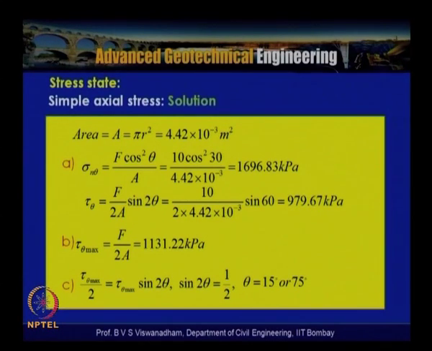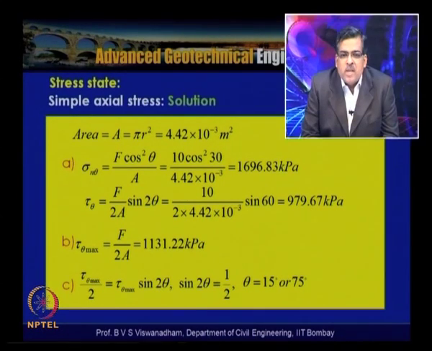So, we get 1696 kilopascals, and tau theta is nothing but F by 2A sin 2 theta, that is nothing but 10 by 2 into 4.42 into 10 to the power minus 3 into sin 60. So, with that, 979 kilopascals is the tau theta. But if you look into this, the tau theta maximum, which occurs at 45 degrees